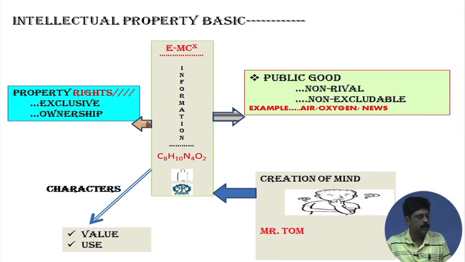Okay. So, now in this way, if Mr. Tom puts E=mc^2 in the form of a public good, then what will be the problem? He will not be able to exclude others from using that. He may not get benefit out of it. Everybody can use that. But he can think, I can establish ownership over that, which will ultimately give some sort of return on his creation, because by virtue of that he will be able to exclude others from using that information, whatever he created using his imaginative, creative, inventive ingenuity